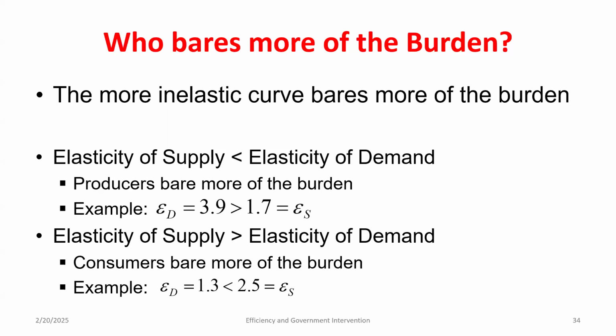You can't come up with an exact value of how much of the burden based off the elasticity, but you can come up with a directional change. Does that make sense? I can say who's going to bear more of the burden. I can't say what the entire value of that's going to be. Think of it as two separate indicators of who's going to bear more of the burden, but they wouldn't allow you to calculate exactly what percent of the burden they're going to bear. Does that make more sense? It's a good question.